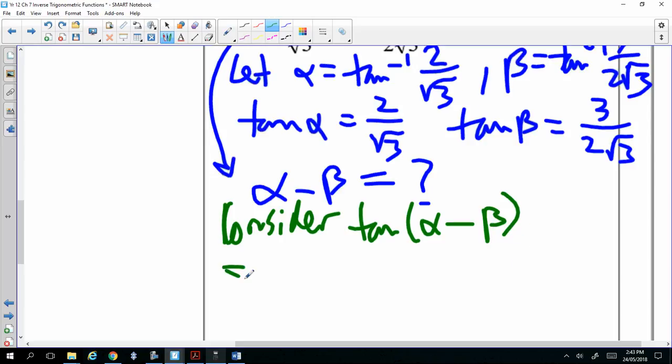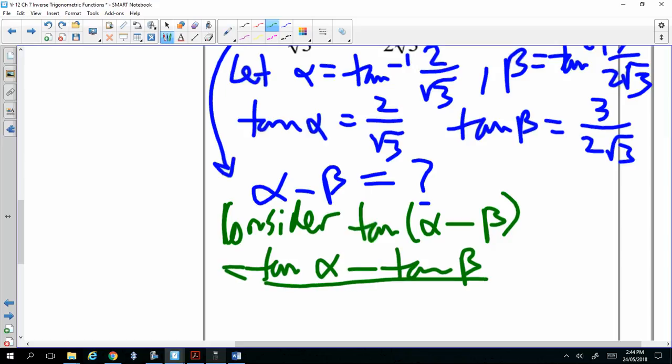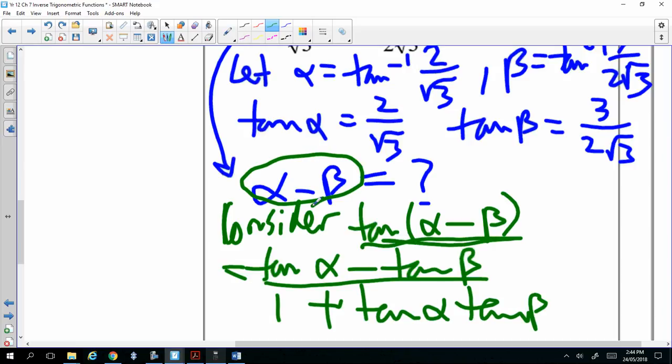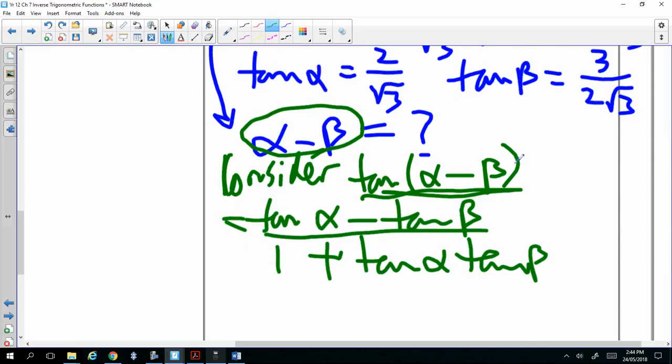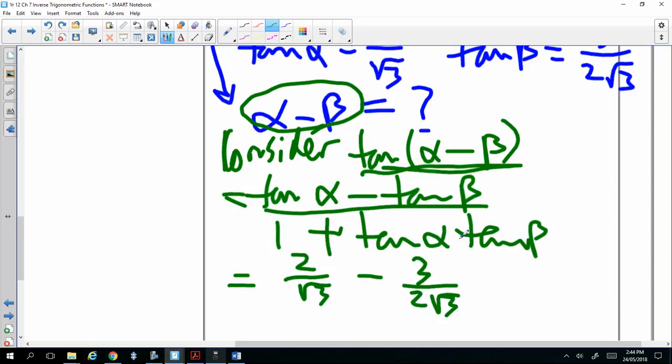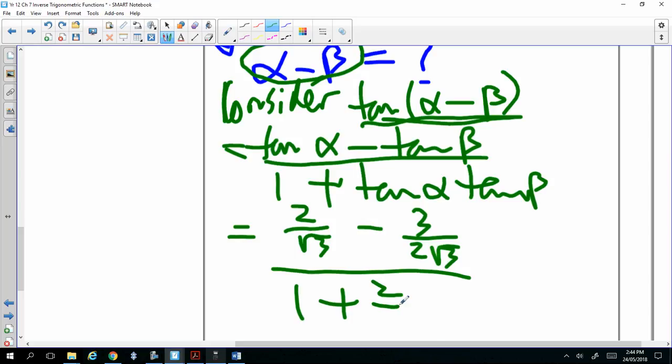So tan alpha is already found, 2 over root 3 minus 3 over 2 root 3, over 1 plus 2 over root 3 times 3 over 2 root 3. And then you can cancel things. Root 3 gets, actually these two cancel. 2 gets cancelled. So you end up getting 2 at the bottom. The top, you just have to make it the common denominator. 2 here, that will be 4. 4 minus 3 is 1. 1 over 2 root 3. Like that. And if you simplify further, you get,